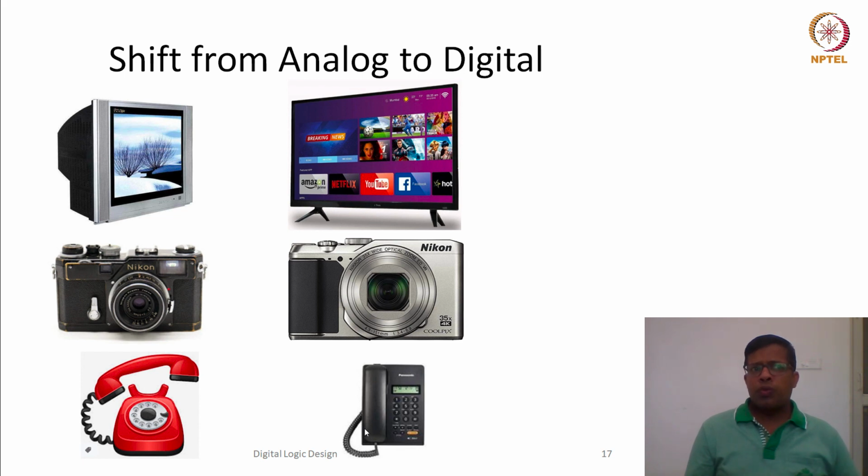So when we see around, there are so many digital products, and all the analog products have been shrinking to a very small market and a very small segment. Why is it happening? If it is so natural to grab, to catch, or to read an analog signal, why are we again processing it into digital and then processing it completely in digital? Okay, so there are multiple reasons for that.